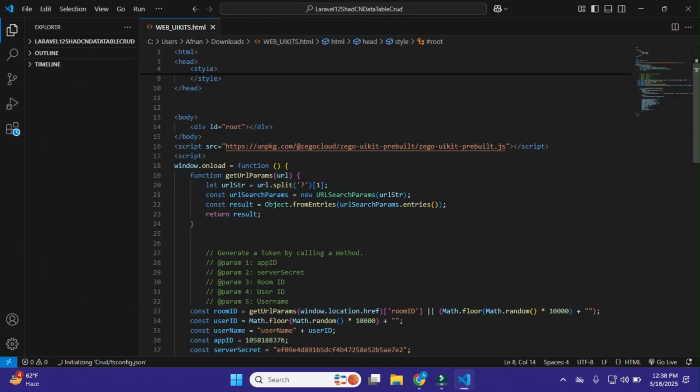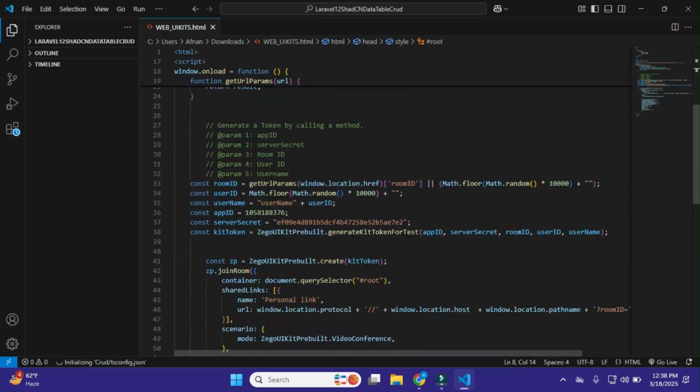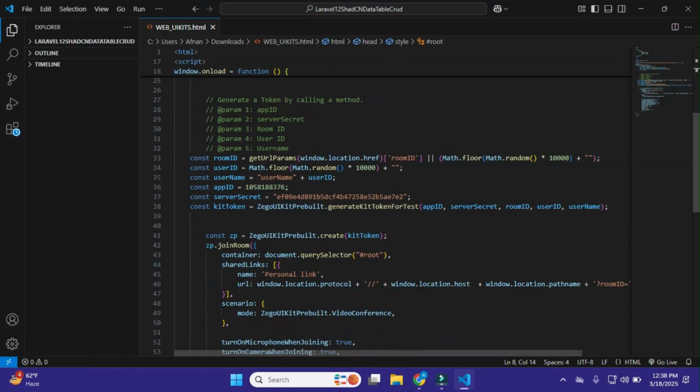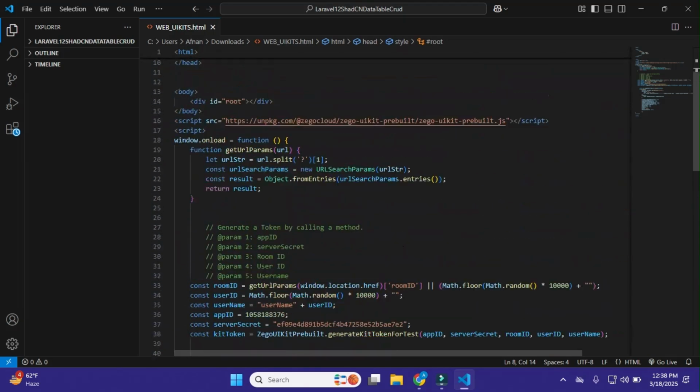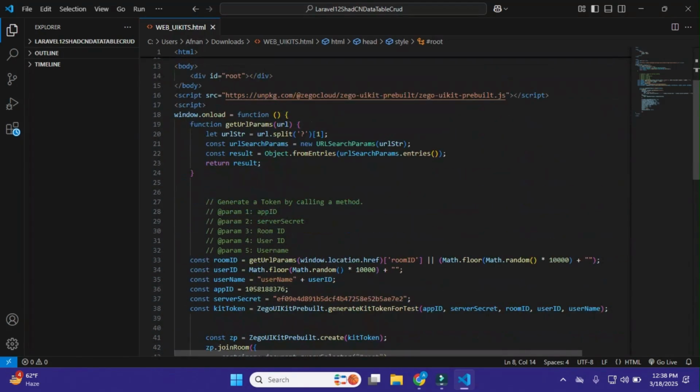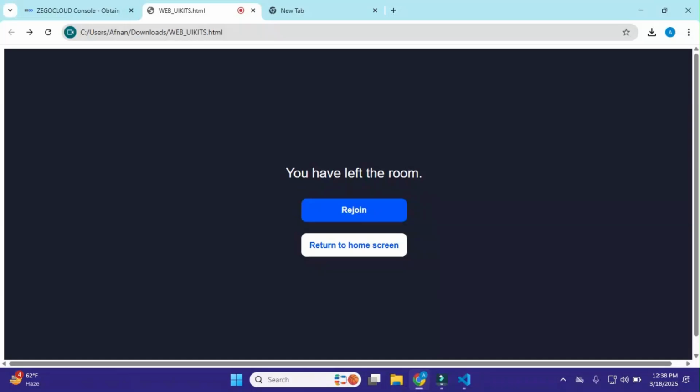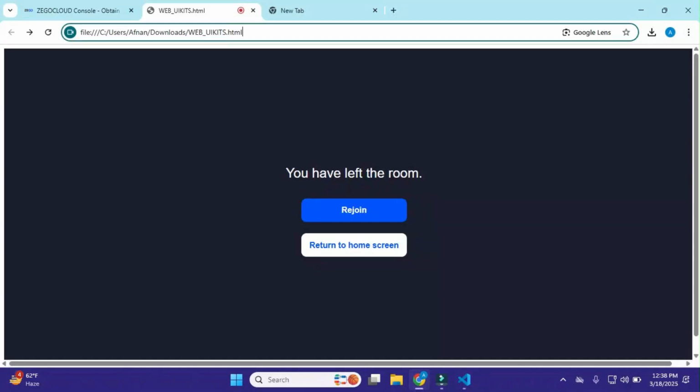It automatically adds my app ID, server secret, and all the credentials that we need. So it is just basic code. It also passes the room ID that we need to pass here, so that different members can join the room.